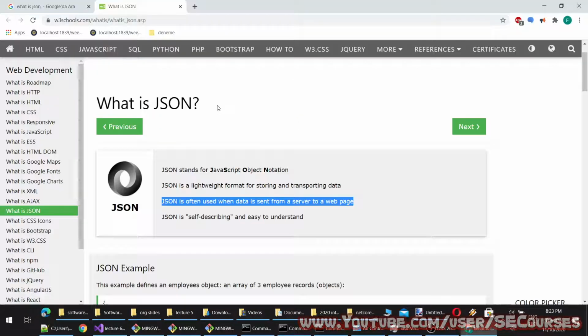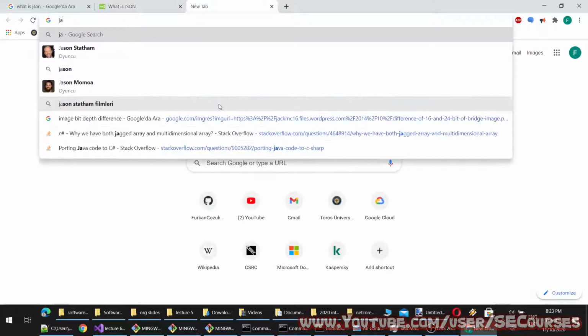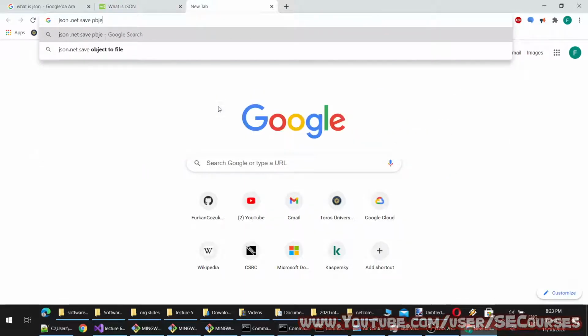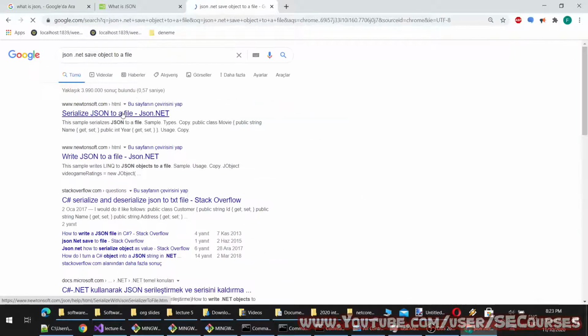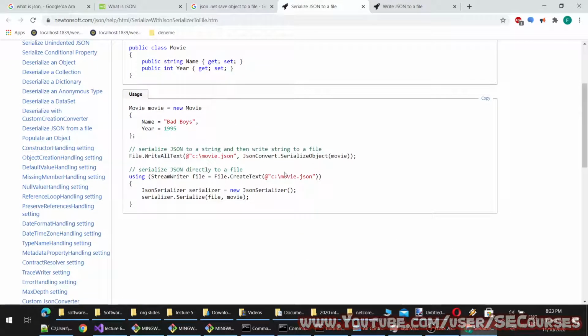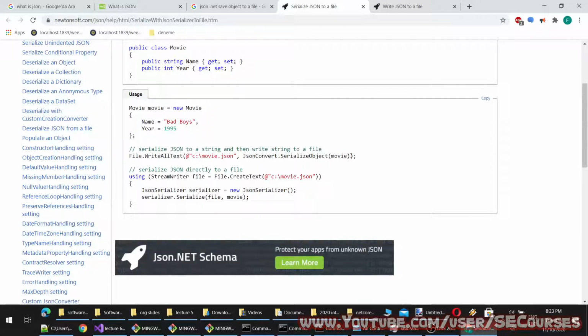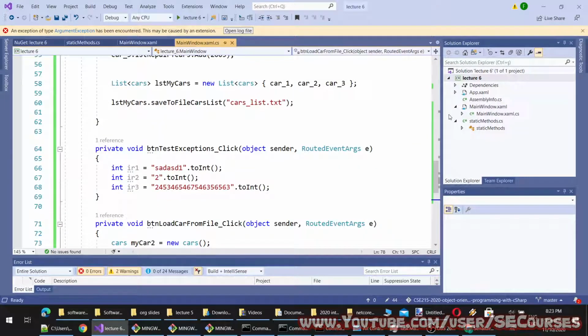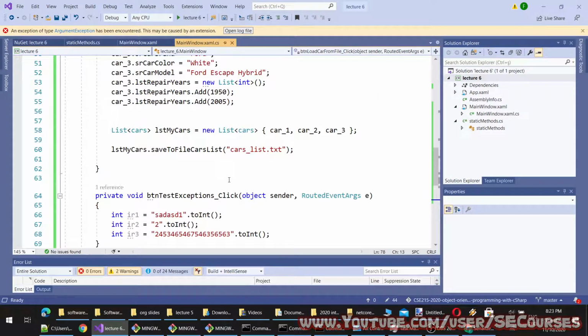Okay, with JSON.NET, saving an object to a file is so easy. We use a serialize method. Okay, like this. It is so easy. Our library is installed.